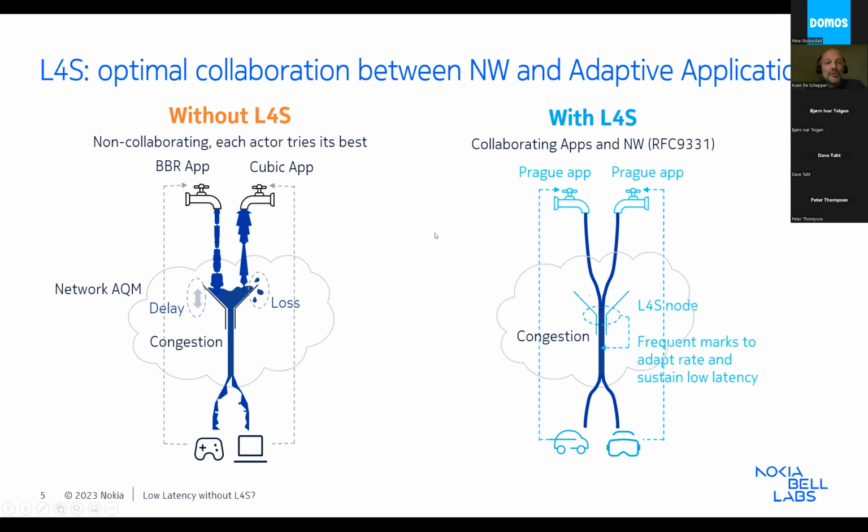Know that both Cubic and BBR have already been augmented to support LFRS. The PRAC requirements as defined in RFC 9331, and PRAC is kind of an improvement of the existing congestion control mechanisms that completely removes all the reasons why the network would need to create latency or loss on purpose. So while the old congestion controls actually need queue buildup to work well, networks can't blame LFRS applications for having a queue buildup or having packets dropped.